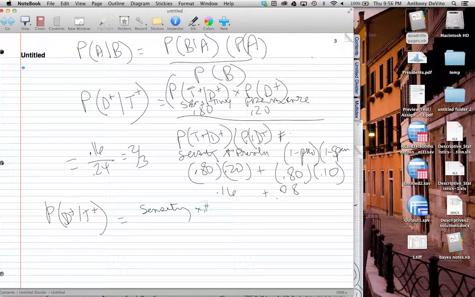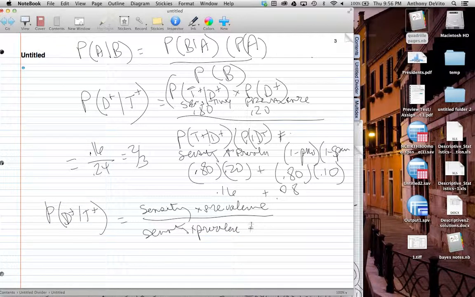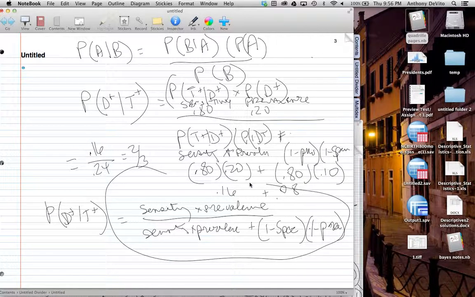Sensitivity times the prevalence, divided by the sensitivity times the prevalence, plus 1 minus the specificity times 1 minus the prevalence. And you can actually use this formula to calculate the positive predictive value instead of trying to set up that table and go through that whole exercise. Okay, so